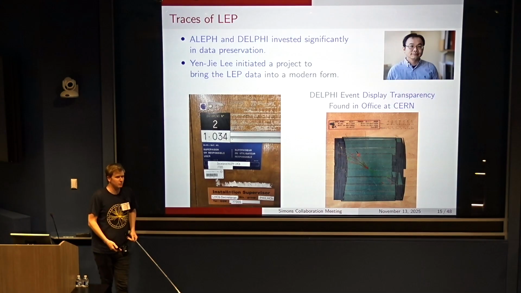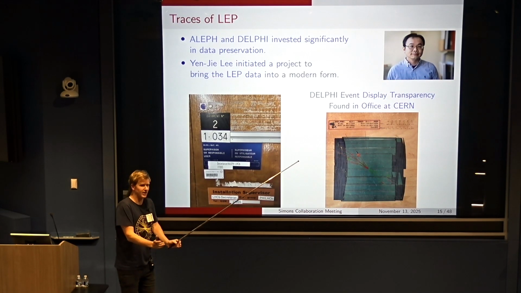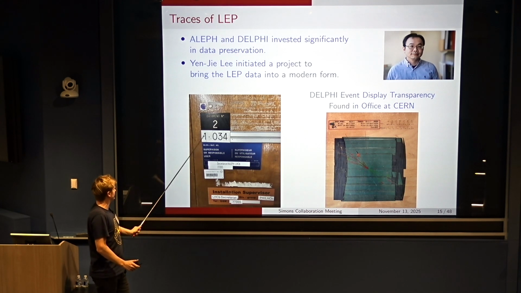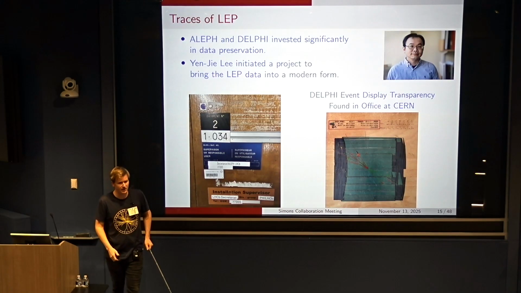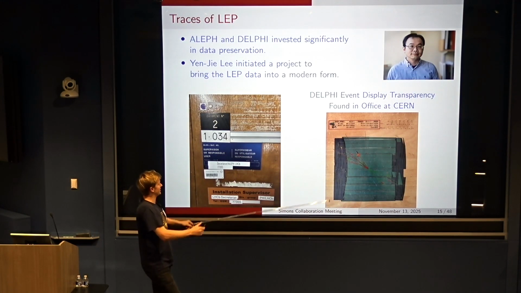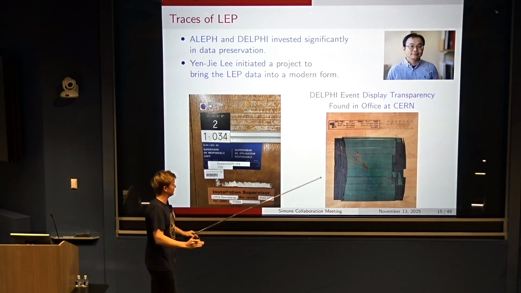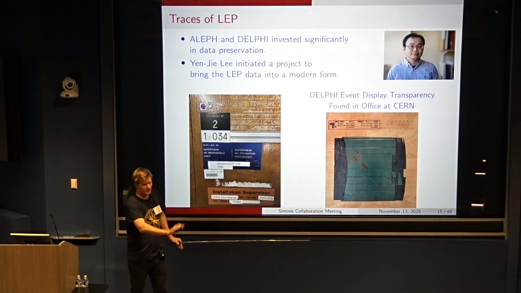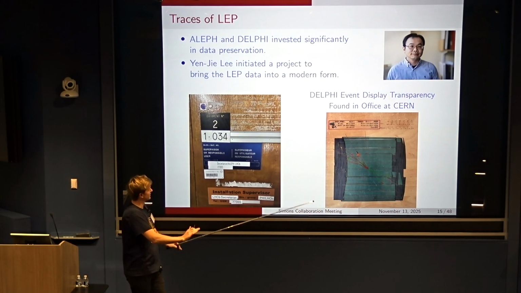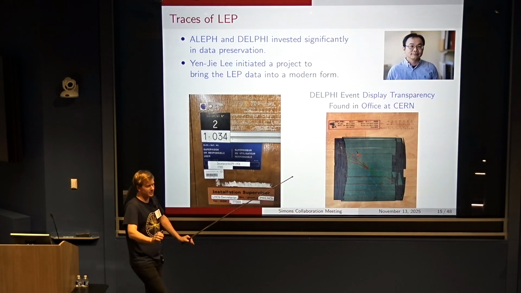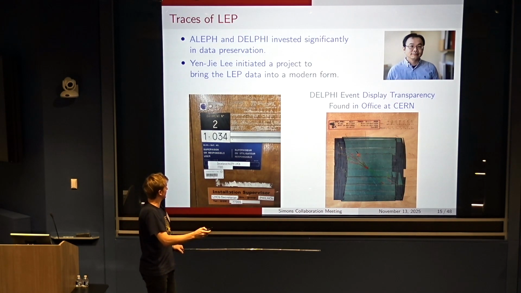One of the reasons why this is still possible is that these collaborations still exist in some very reduced format. You can go, for example, to CERN, and you'll find this room where they have some remaining Aleph members. If you go into it, you'll find that at that time they had event displays apparently printed on transparencies, and you'll find this actually just fused into the wood of the table. And so this suggested that there was going to be a big gap between really trying to extract this data and using it for modern purposes. As one continued, things got even worse.